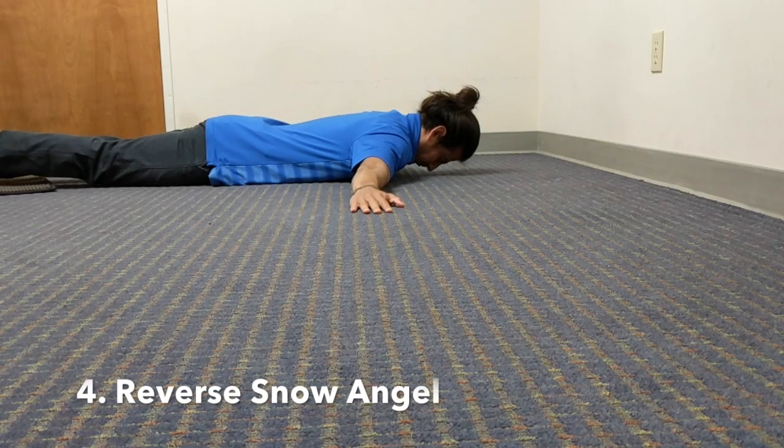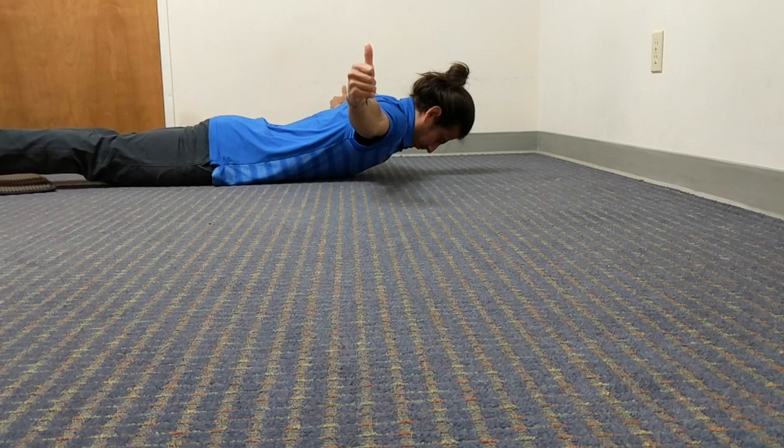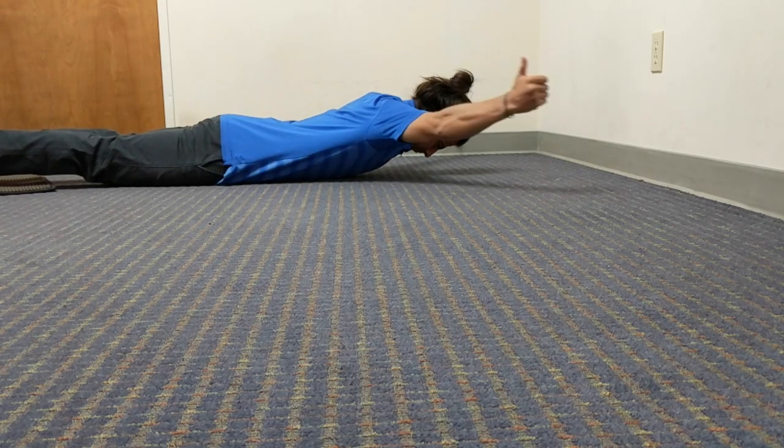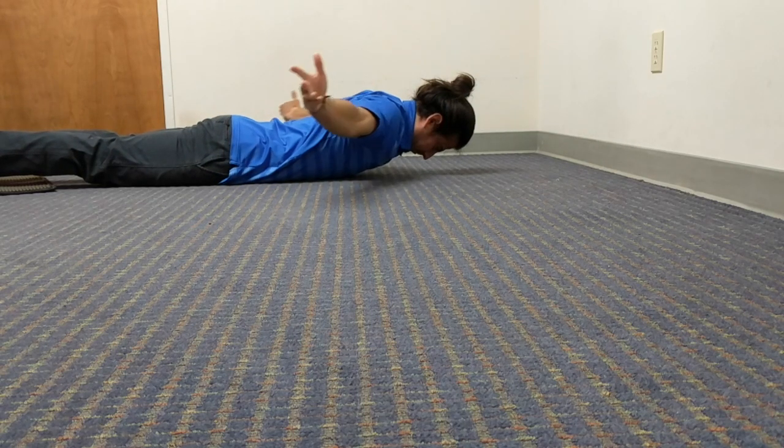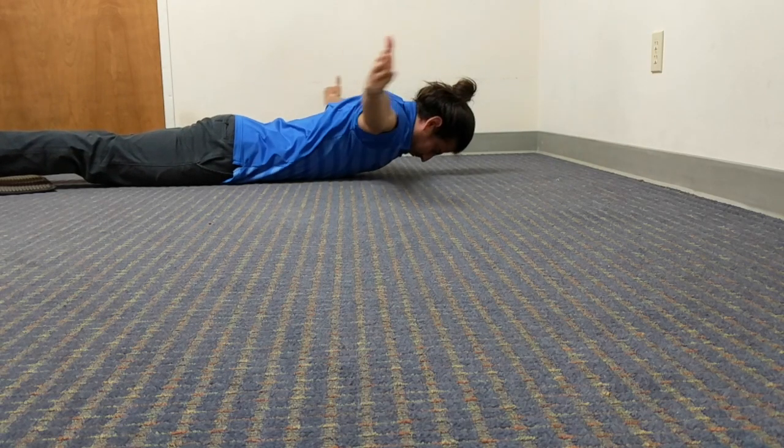The fourth exercise is a reverse snow angel. So here I'm going to have the thumbs pointing upward and wrists in line with the shoulders and trying to squeeze them back up towards the ceiling, and then I'm going to abduct them overhead and then bring them back